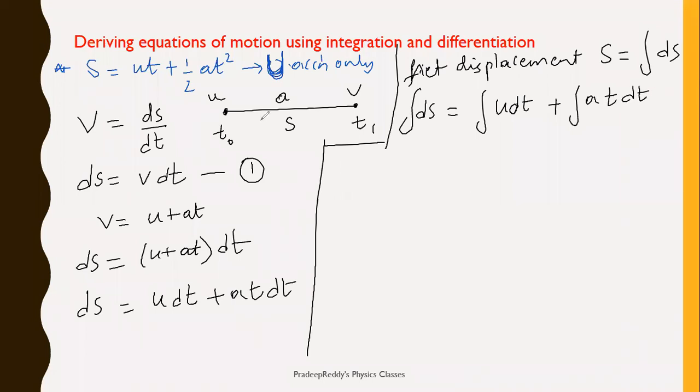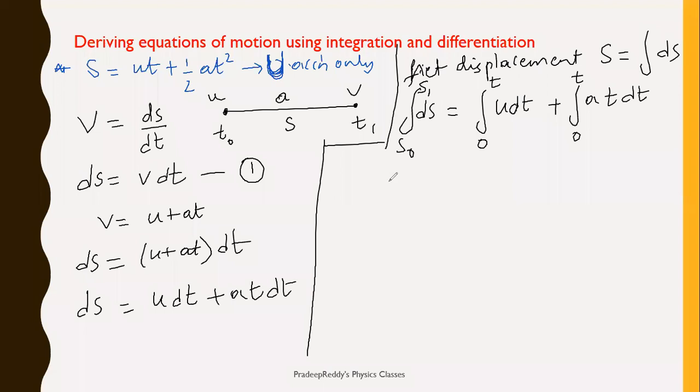Right? Now, initially, the body is starting with some particular displacement. Let it be like initially it may start at s0. So the lower limit will be s0. What will be the final displacement? Final displacement will be s1. And instead of time also, wherever there is any particular time, you can just substitute the times over there. So for simplicity, I am taking initial time as 0, final time as t. I don't want to make this more complicated. So initial time is starting from the 0th second.